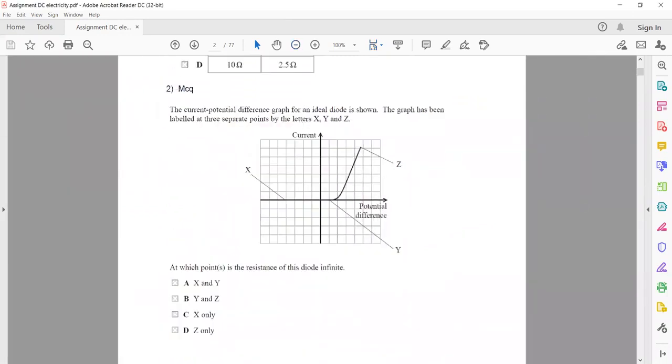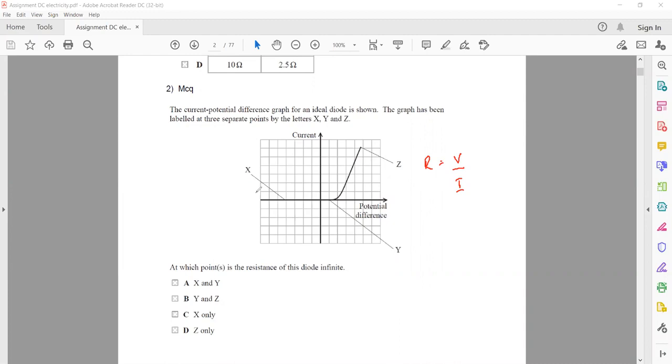In question 2, the current potential difference graph for an ideal diode is shown. The graph has been labeled at 3 separate points X, Y and Z. At which point is the resistance of the diode infinite? So how can we work out, as we know resistance is voltage divided by